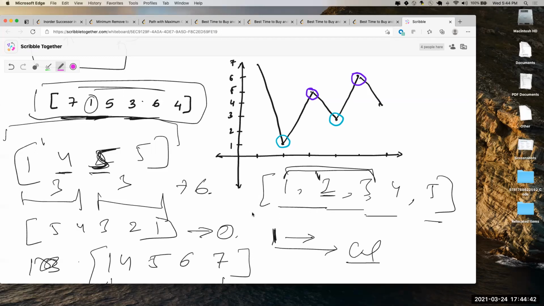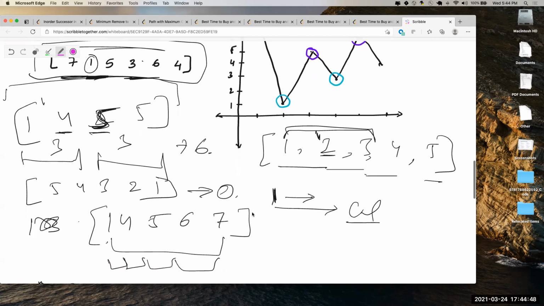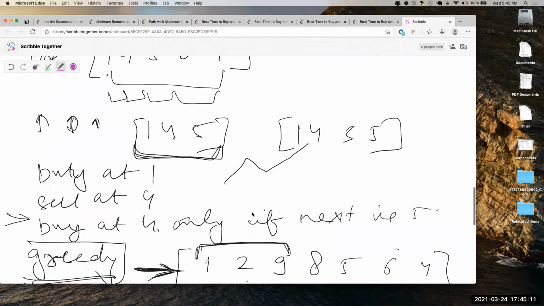That is a brute force that I couldn't think of. I think maximizing is also optimizing, that also I should not do. I should just figure out the pairs like 1, 5, 1, 3, 1, 6, 1, 4 is one pair. Then 5, 6 is one pair. 3, 6 and 3, 4 is another pair. So out of all these segments I have to find a non-overlapping one with maximum profit. How to go about doing that? Segment tree? I don't know.